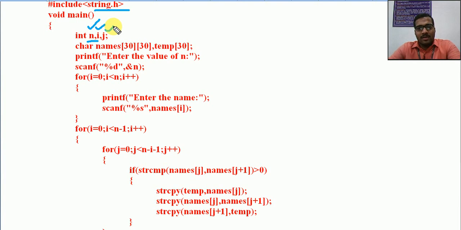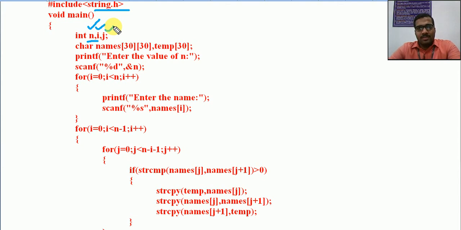In the second loop we have some limit because we don't need to go till the last. After the first phase, the last value is already sorted; in the case of an integer array the last number, and in the case of strings, where we have 4 strings, the last string is already sorted after the first phase. Then for the second phase and third phase, we have to repeat till the entire comparison and swapping is finished and the final sorted list is generated. Okay, so the overall logic is the same.